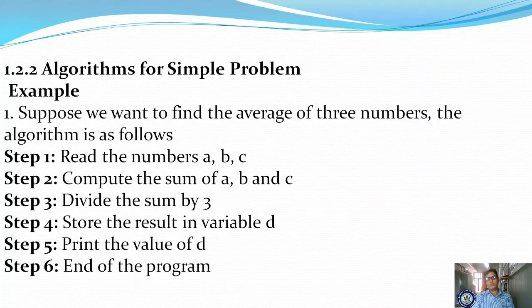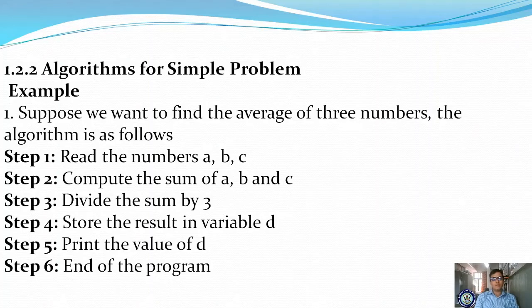Let us see this. In step 1, you are reading the numbers. What numbers are you reading? You are reading 3 numbers, in the form of a, b, c. I am taking 3 variables and storing 3 values in them. Then compute the sum of a, b and c. If you want to calculate an average, how do you calculate it? For a percentage, it is the marks in individual subjects divided by the number of subjects. Got it? In the same sense we take the sum of a, b and c, and after the summation you get the total value.